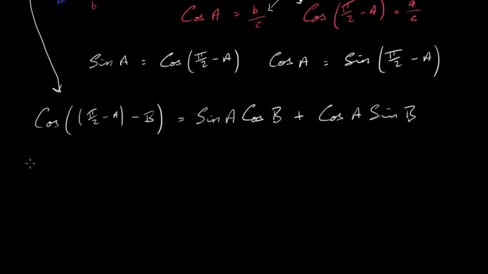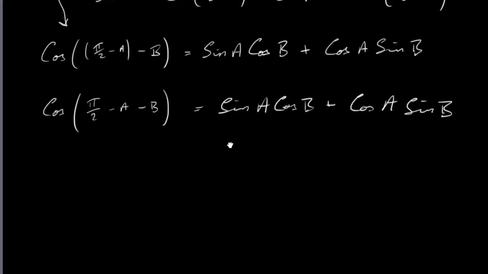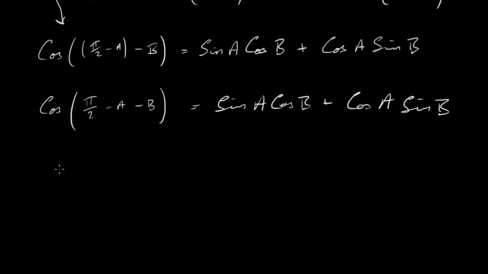Okay, now, what I'm going to do here is just change around what's inside the bracket here. So I'm going to write down cos. Take away the bracket here, you end up with cos of pi over 2 minus A minus B. And that's equal to sine A cos B plus cos A sin B. We're not doing anything more with the right-hand side. Now the left-hand side then can be changed around again to look like this. Cos of pi over 2